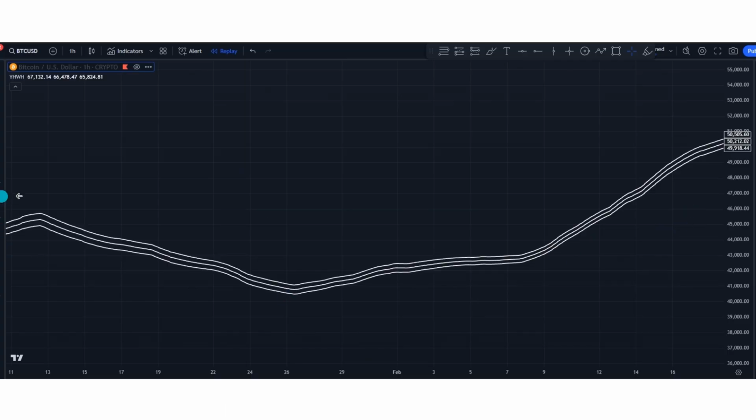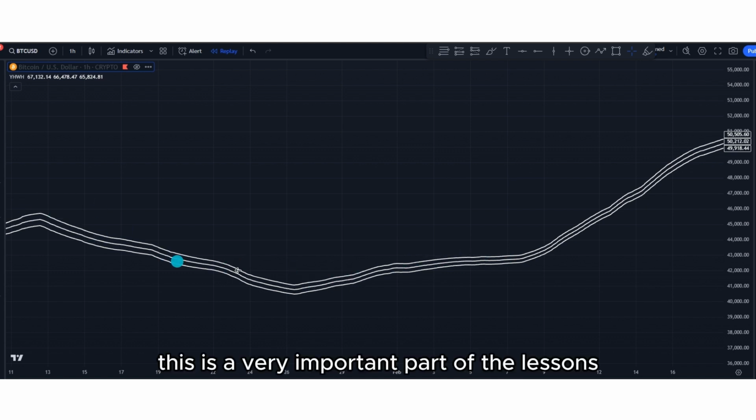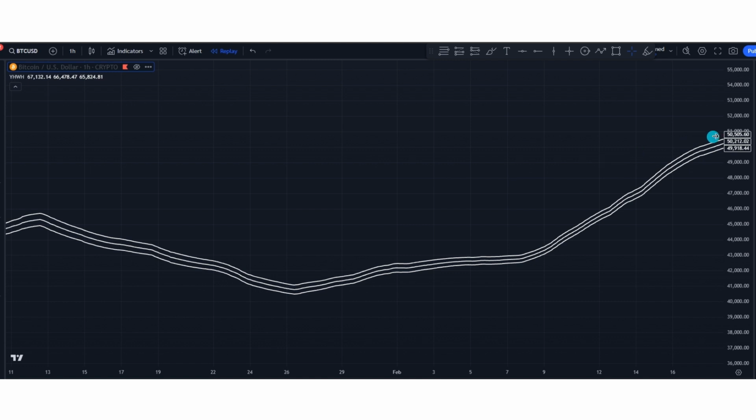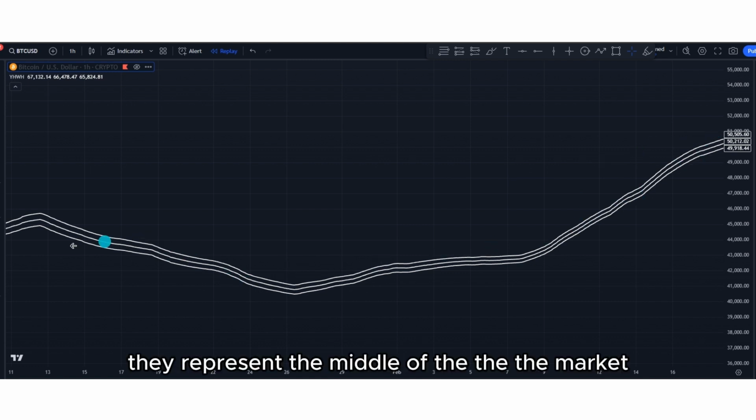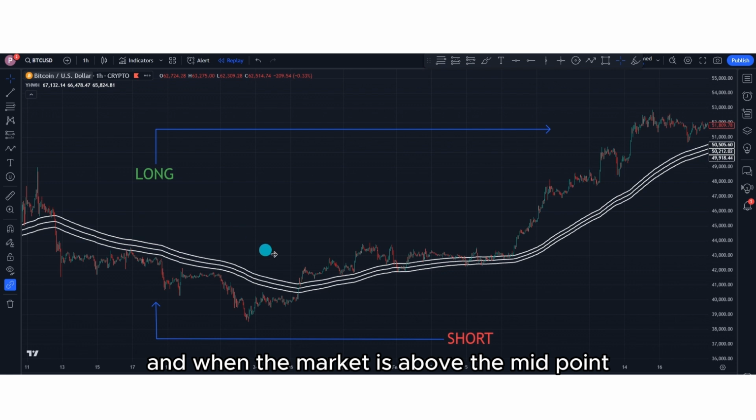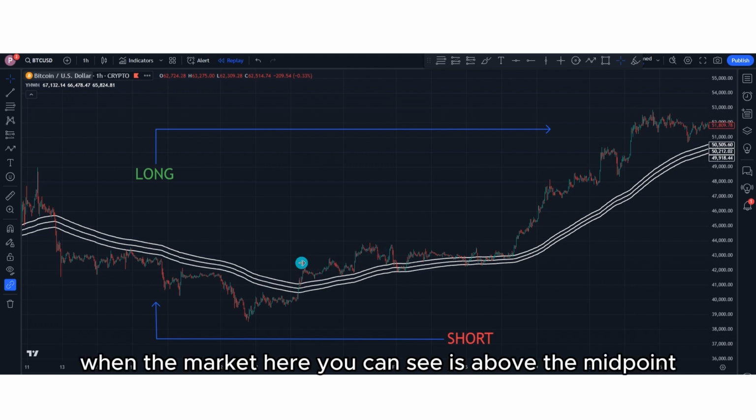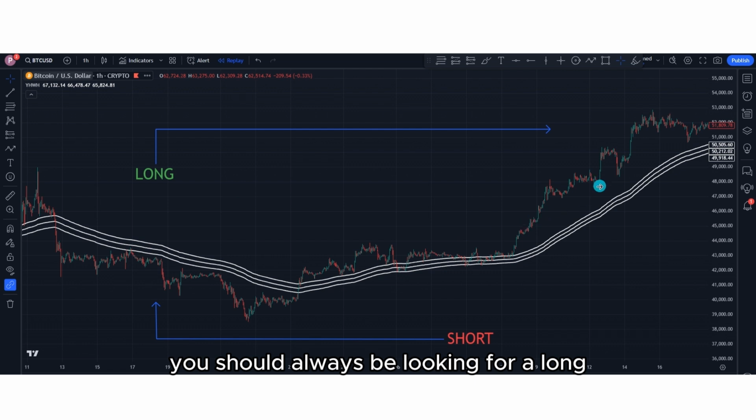So now we're going to talk about these three lines that we call the midpoint. This is a very important part of the lessons, the midpoint. These lines represent the middle of the market. When the market is above the midpoint, or the middle part of the market, it's easier. You can see here, when the market is above the midpoint, you should always be looking for